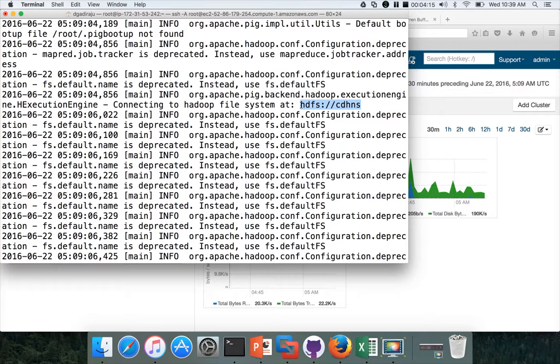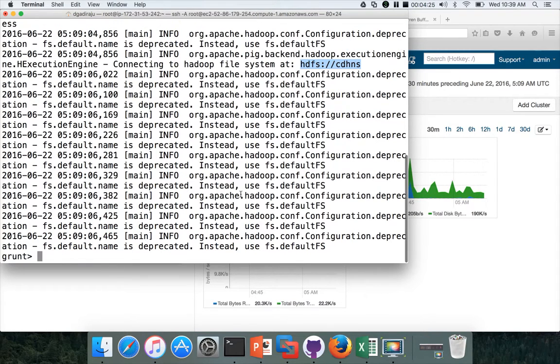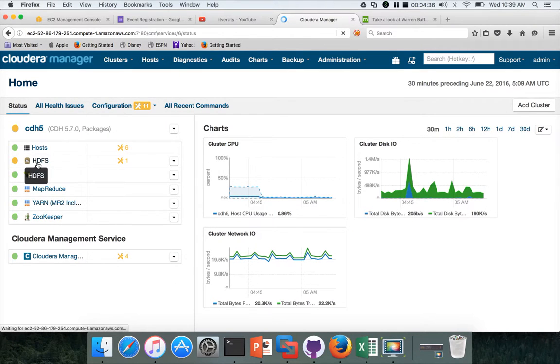So you don't need to do any installation, or you don't need to do much configuration also when you actually set up using Cloudera. Only thing is you need to configure a particular node as a gateway node for both HDFS and Yarn, and then Pig will be accessible on that node without any issues. So I will show you that.